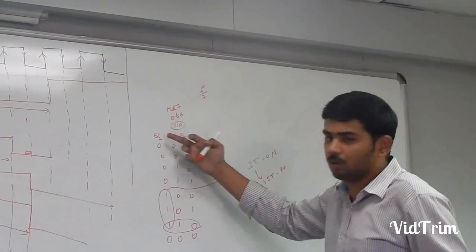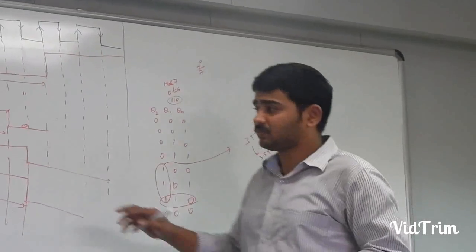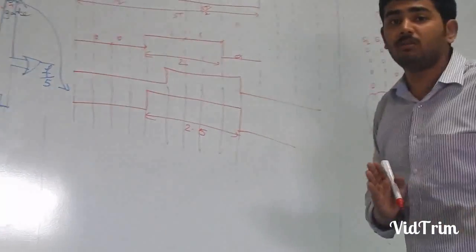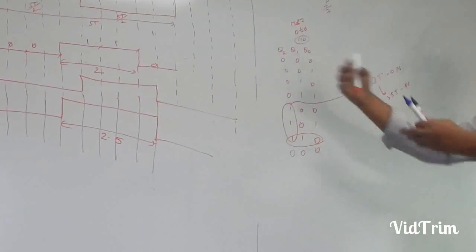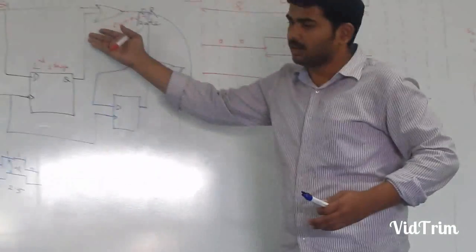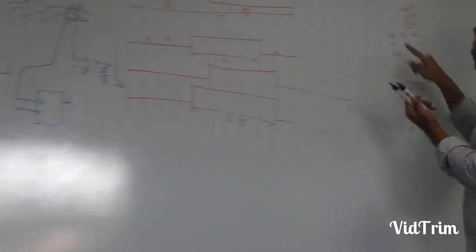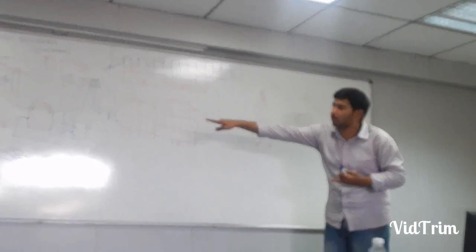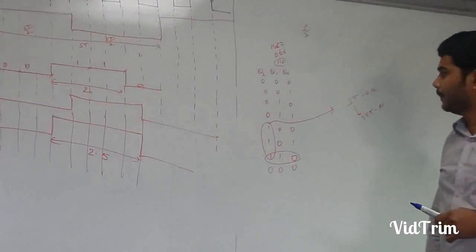I take this Q2 and send it to a flop that captures at negative edge, and thereby I get one more half clock pulse delay, and I OR both of those, similarly like this. So I need a mod 7 counter, 1 flip-flop capturing at the negative edge of the clock, and 1 OR gate. That will do it.